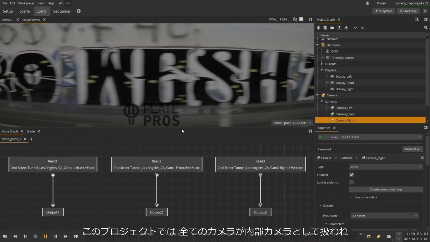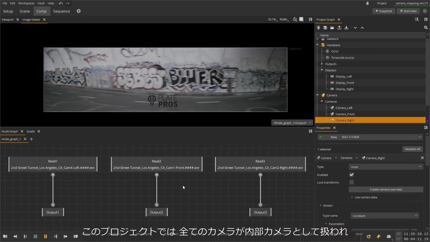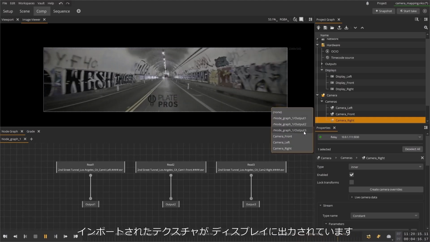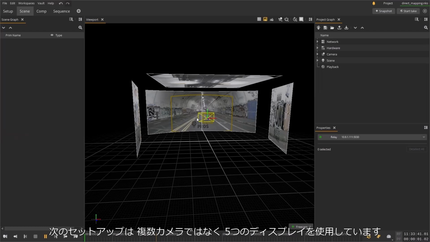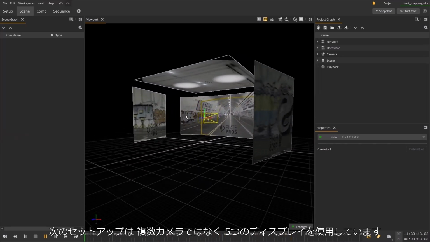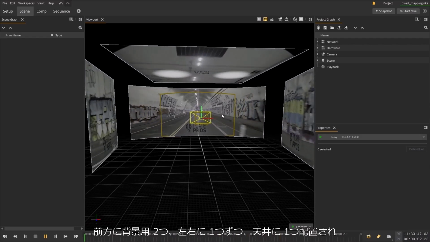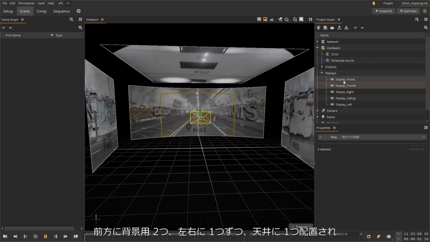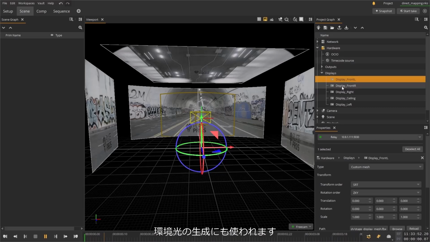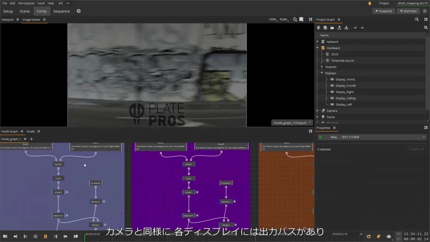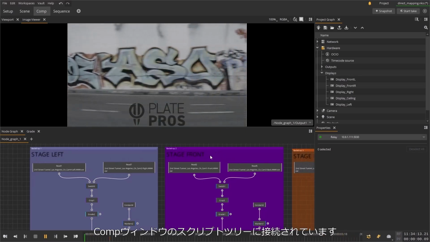All the cameras are considered inner cameras in this project and have the textures applied as imported equirectangle images outputted to our displays. Our next LED setup uses 5 displays instead of multiple cameras. This setup has 2 front displays for the background, 1 left, 1 right, and 1 ceiling display contributing to the environment lighting. Similarly with cameras, each display has an output path that is pointing to a script tree in the